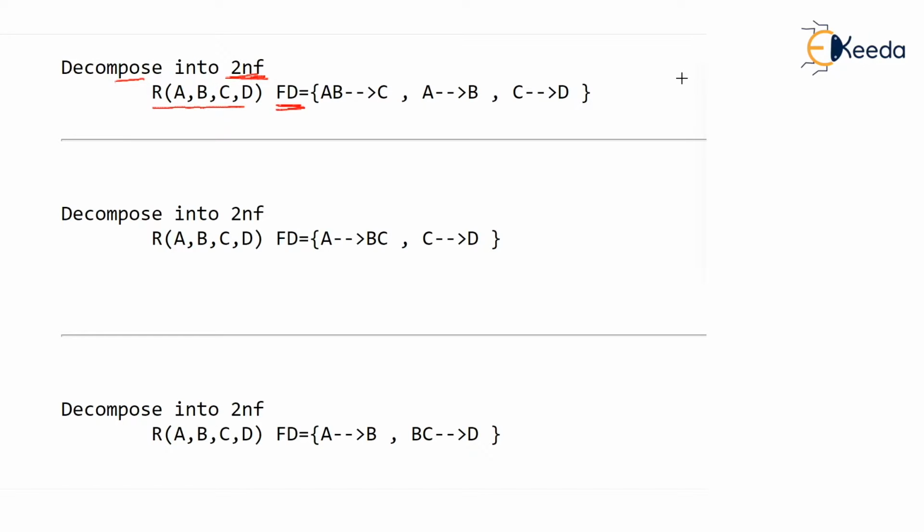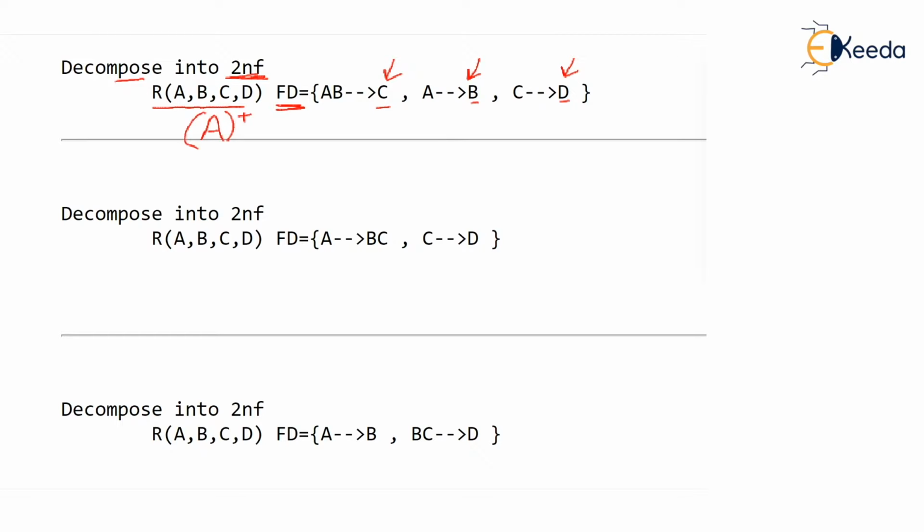Now, the simplest way to find the candidate key is to check the right hand side of all the FDs. You can see that C, B, and D are there in the right hand side, but A is missing. So, surely the candidate key must contain A because nothing can determine A. A cannot come in anybody's attribute closure, so A must be there in the candidate key. In the simplest sense, let's find A closure.